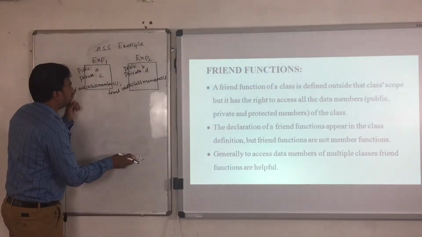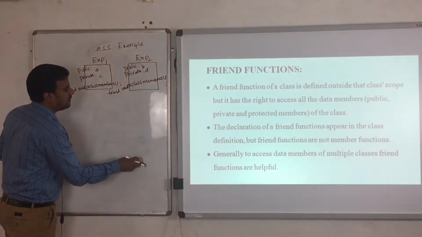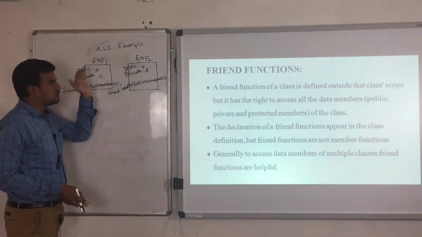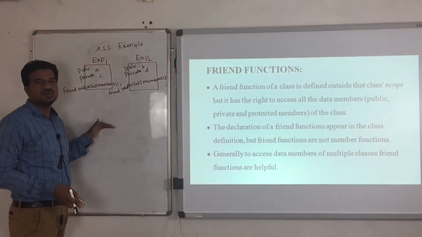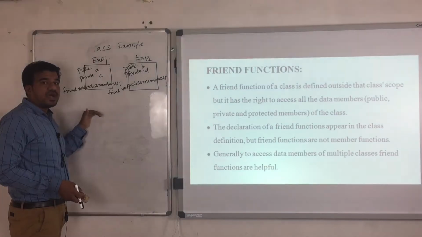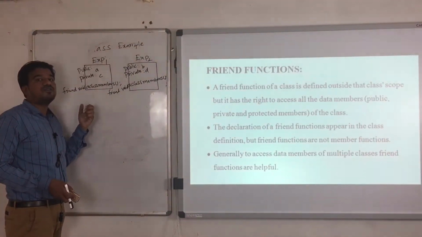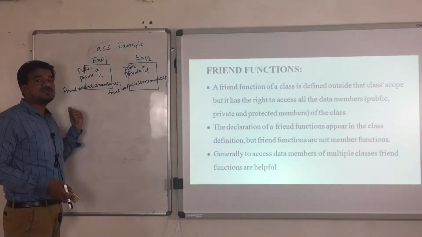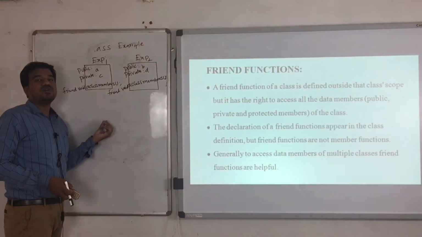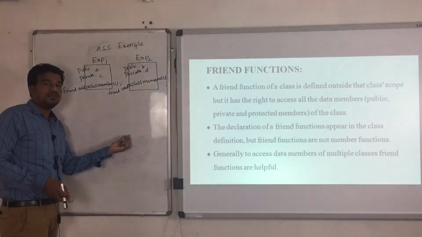So we do not put the friend function definition, we do not put this access member function definition either inside exp1 or inside exp2. Simply we write outside of these two classes. Now when you write the function definition, we have a traditional approach of qualifying that member function's definition with class name, isn't it? First we write the class name followed by the scope resolution operator, then we write the member